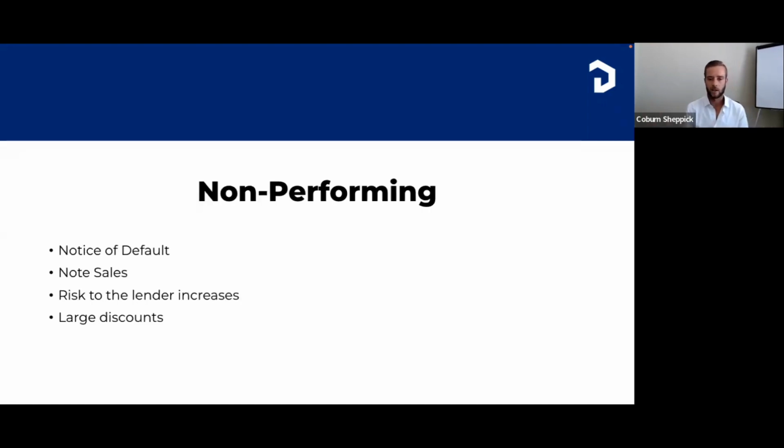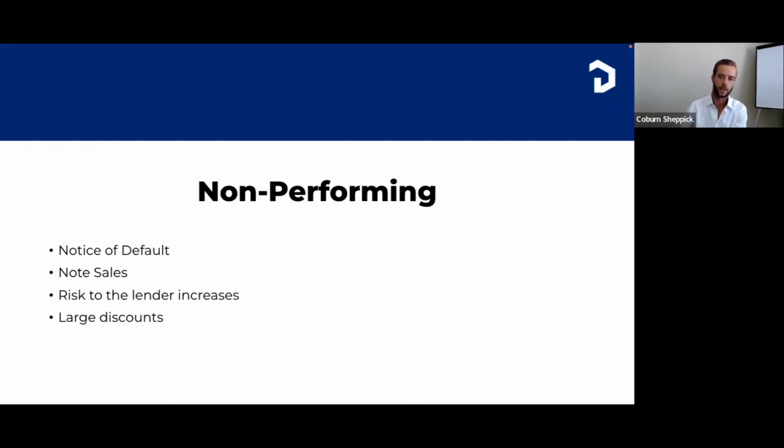So the next phase is non-performing loans. This is where the actual notice of default comes in, where the lender is notifying the borrower that they're in default and that they're beginning the foreclosure process. During this time, the risk to the lender is obviously increasing. As time goes on without payment or interest payment, the risk to the lender increases. And so this is where note sales begin, where the lender is trying to get out of this distress situation and sell the note within their criteria to get out of the potential risk of the